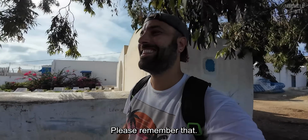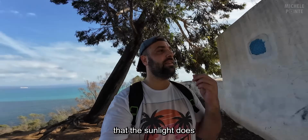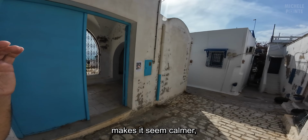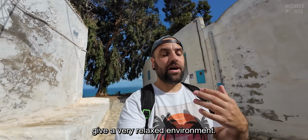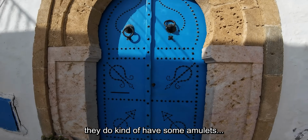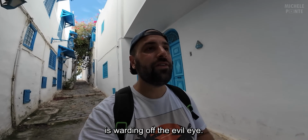Please remember it. Anyway, he advertised and advocated for this blue and white color also for the reason that the sunlight does reflect on white houses, and these white houses over here are super incredibly hot, and instead the blue makes it seem calm like the sea, so it does give a very relaxed environment, and that's why nowadays we find such blue doors on white walls. By the way, the blue doors, they do kinda have some amulets. Apparently the blue not only does represent the sea, but it also means that it is warding off the evil eye,